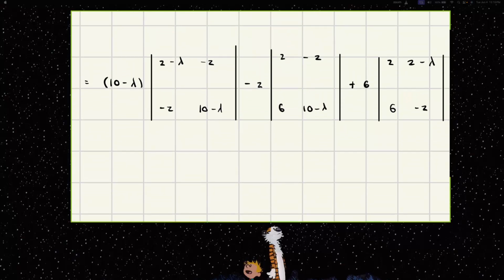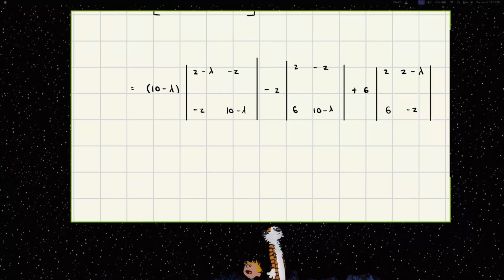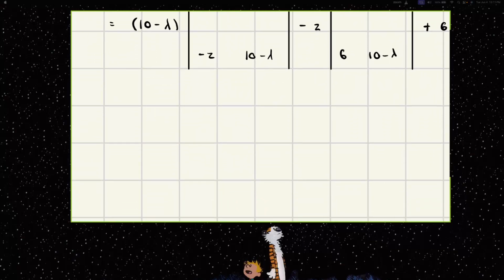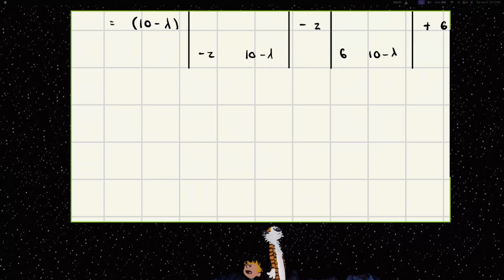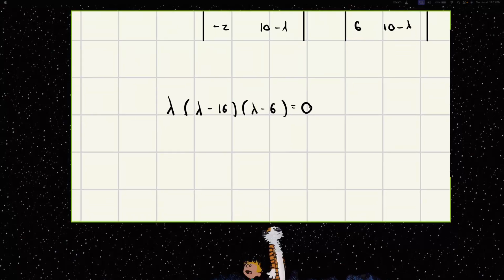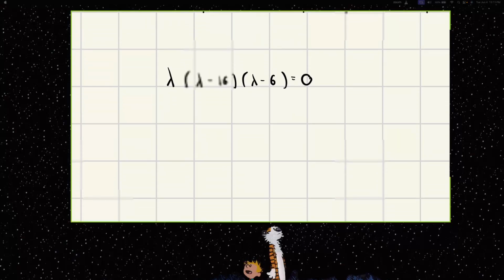So this isn't a video about determinants, of course, but from here we can just do this cross multiplication, and now we should yield something. I've done this off screen, but I've simplified this polynomial, so I don't want to do all this work. So we end up with lambda times (lambda minus 16) times (lambda minus 6) equal to 0. Great, so now we have a factored polynomial, and we can find our zeros, our roots, or in this case